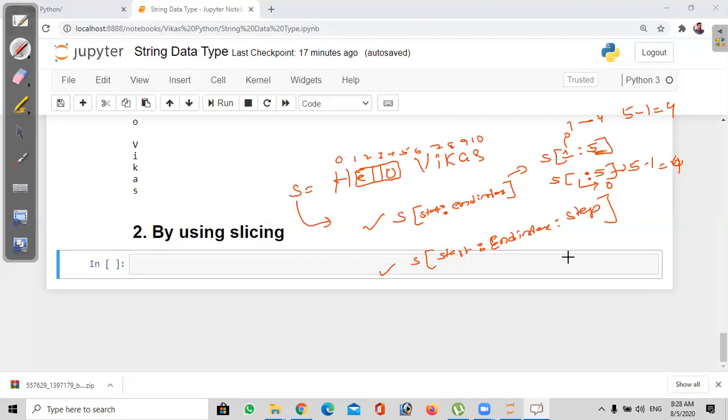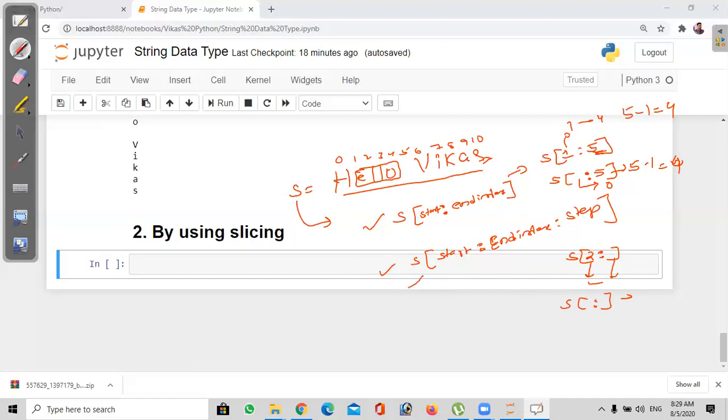And in the same manner, if I will not give any ending value but give some starting value, 2, the starting value will be 2 and the ending value will be the last character we have here. So 10 is the default ending value. If I do not give a starting and ending value, and just give the slice colon, it prints from 0 to the ending value. The total value will be printed here.